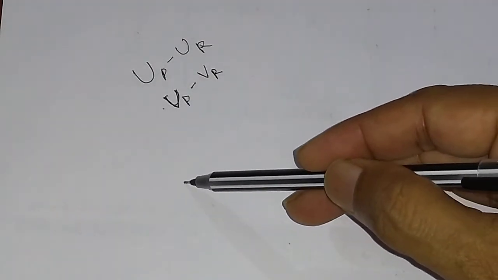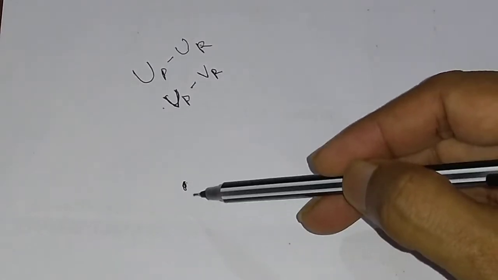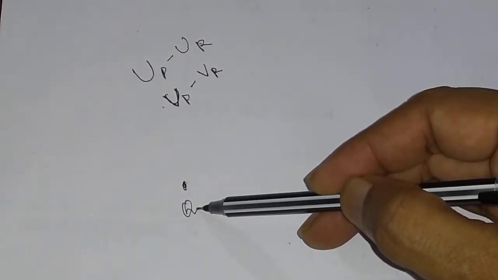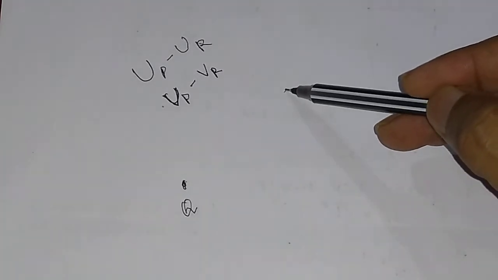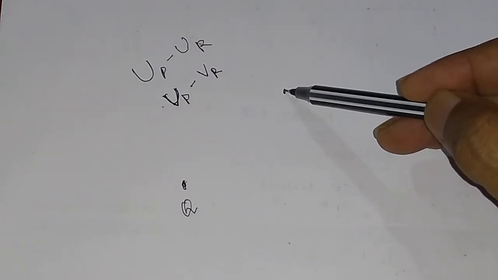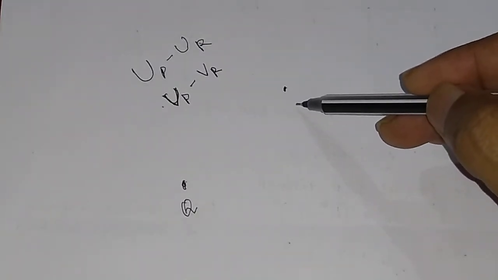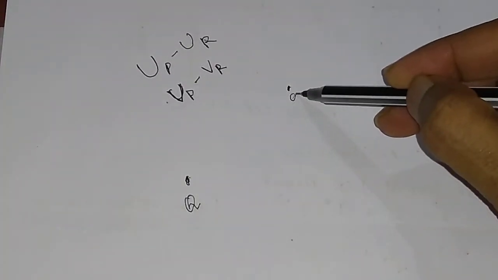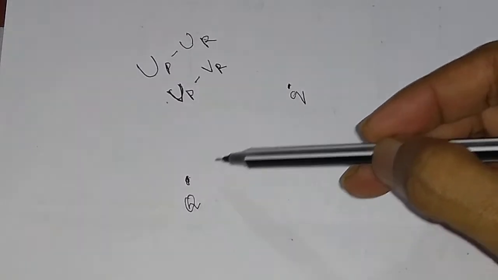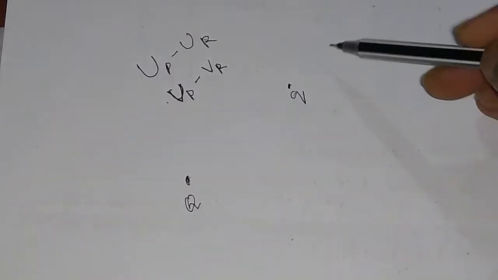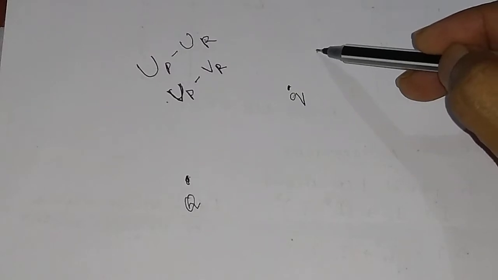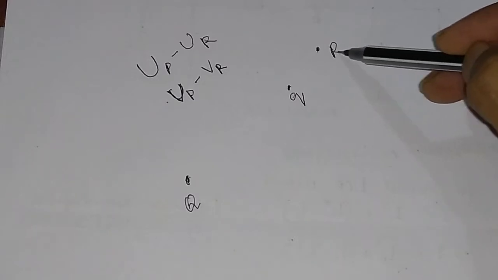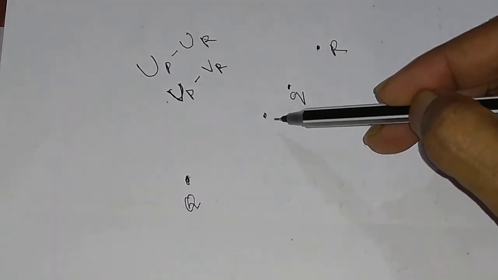Suppose you have a charge, which is called your source charge. Suppose you have a source charge Q and another test charge, let us say small q. So you have a source charge and you have a test charge. Suppose you take the test charge from some point, let us say R, to some point, let us say P.